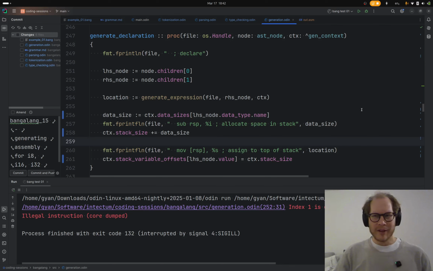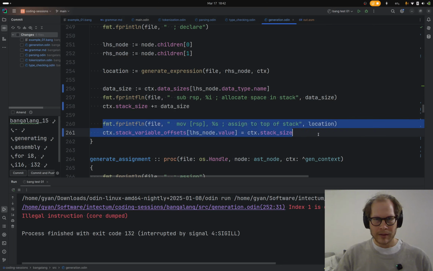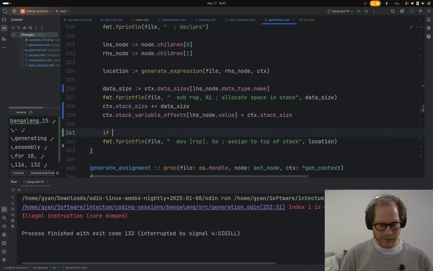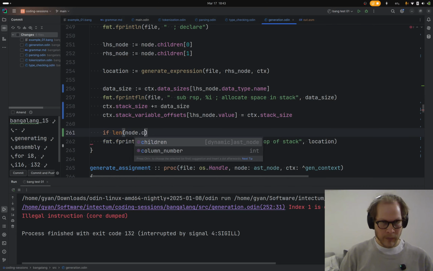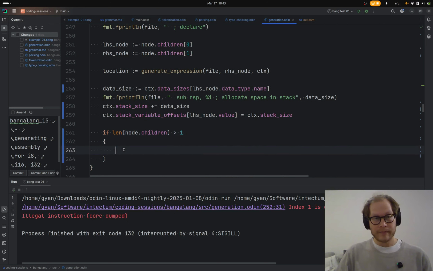What do we need to do in generation? I guess we'll start with a declaration. So there might not be a right-hand side. And the right-hand side is like the assignment part. So I guess this is the assignment part. Well, this needs to happen regardless. We need to do that. So this is the assignment. So let's say if the children, if there's more than one child,